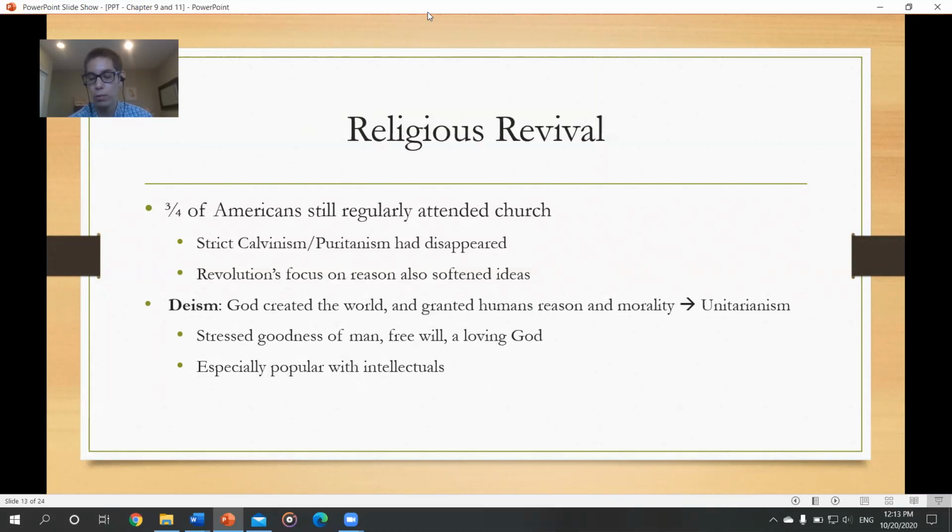deism. If you were in AP Euro last year, you might remember learning about the Enlightenment. Deism was kind of like the religion of the Enlightenment. It was the idea that God created the world, but then kind of stepped back. He gave us all the tools that we needed. He gave us reason. He gave us free will. He created this perfect world. And so this was the idea that God created this world, but we have free will, which was really empowering